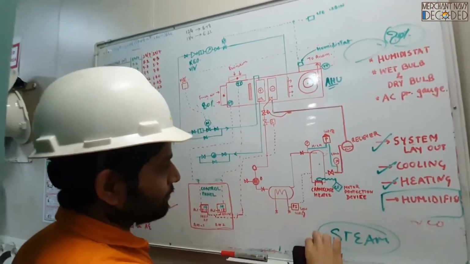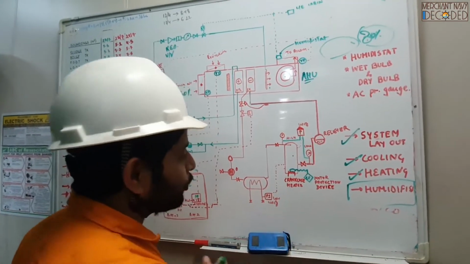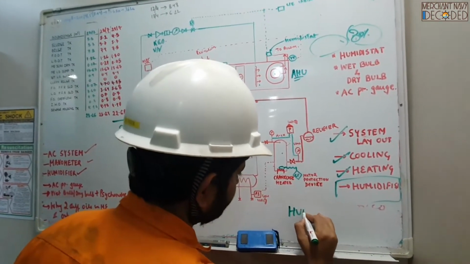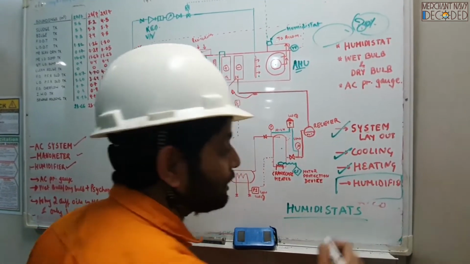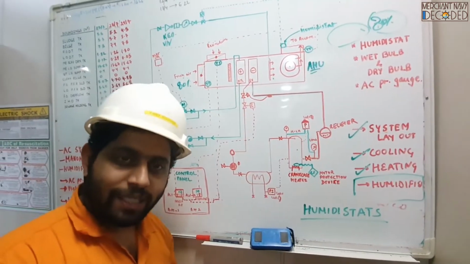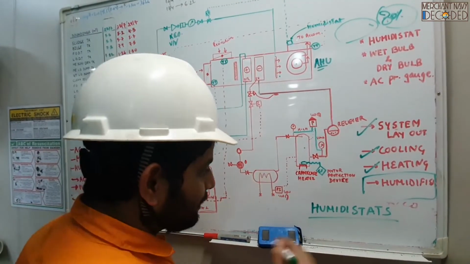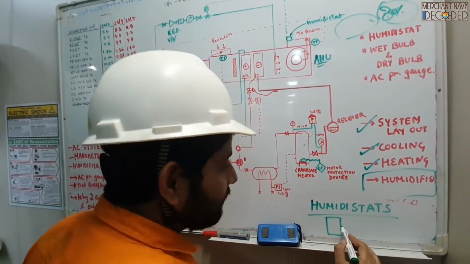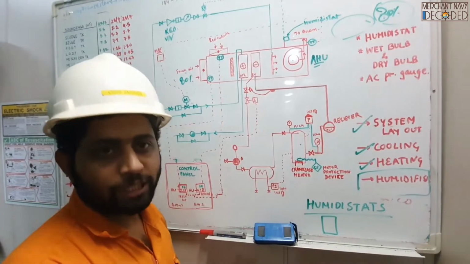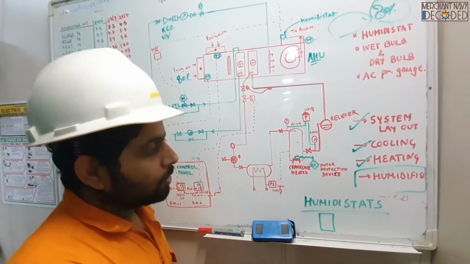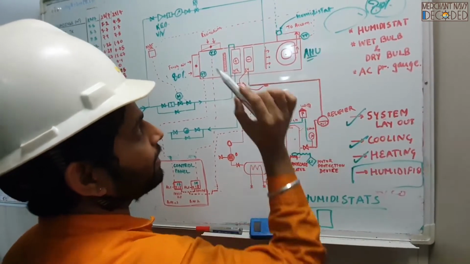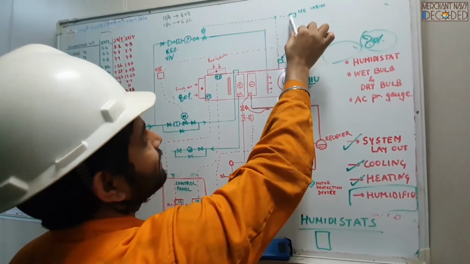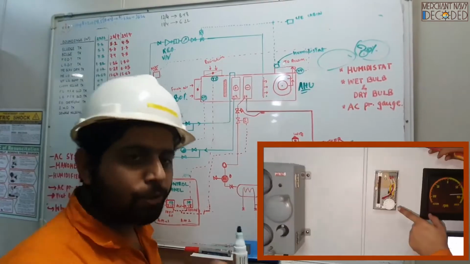So what I've done is, I have got 2 humidistats. Now guys, this is something which I have learned on this ship as a chief engineer. But since I found it interesting, I thought I'll share it with you. This is an instrument, I'll discuss that later, which senses how much the humidity is right now. So one humidistat is fitted at the outlet of the AC over here, and one humidistat is fitted in the chief engineer's cabin. I'm going to show you both.